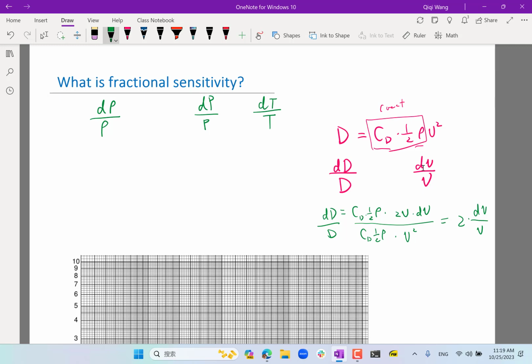And if there is a cubic relationship, this is going to be 3. If this has a power of half, there will be half. So this is very useful, because if you can derive a fractional sensitivity,